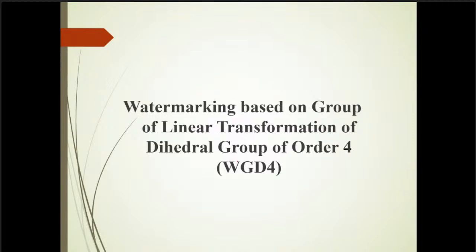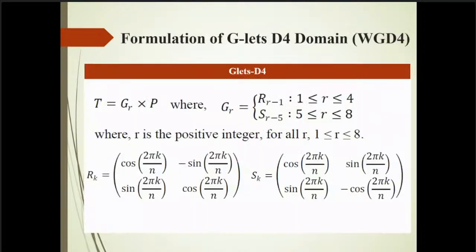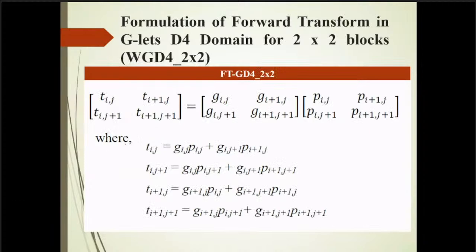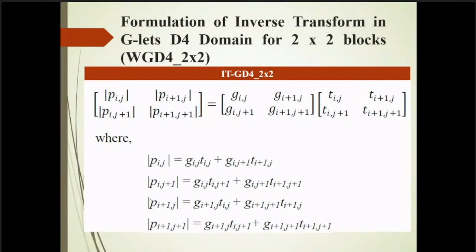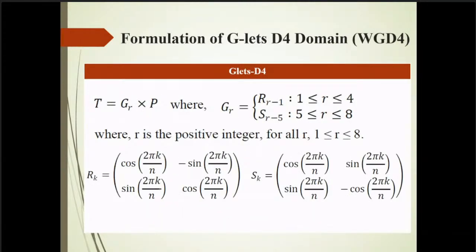So in my book, you will see that we have used dihedral group of order 4, and all reversible computations we have given extensively. You can go through that book if you have some interest in that. So we are using the dihedral group D4, and this is your forward transform computation, and this is your inverse transform computation. Here you see in a dihedral group, we have two components.